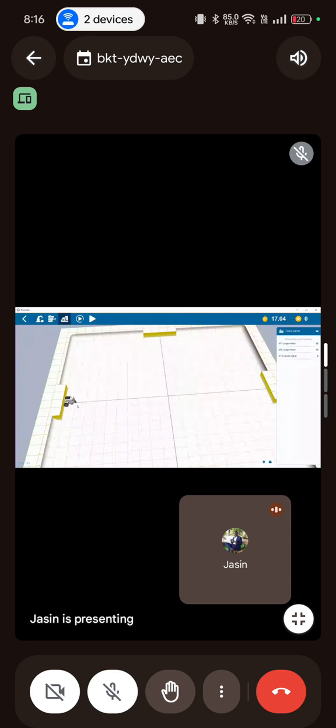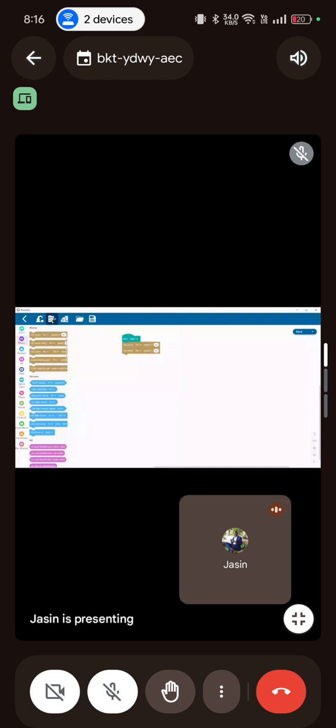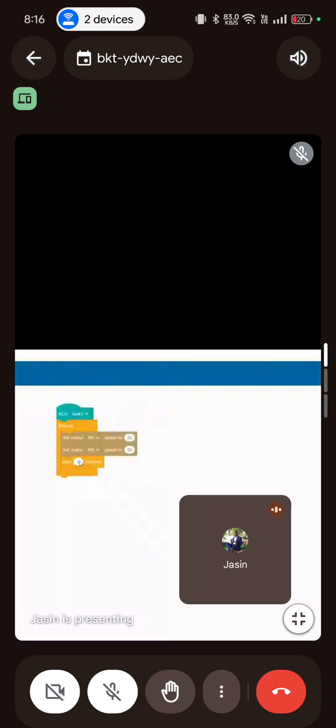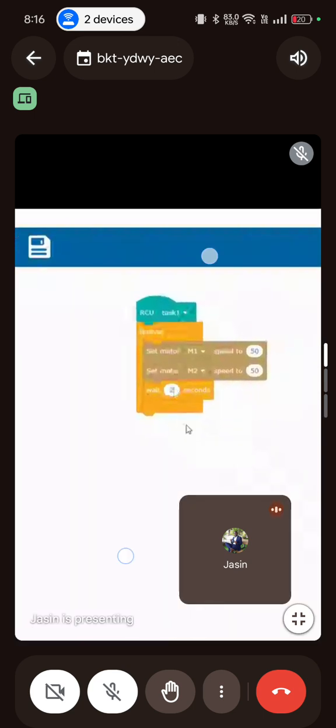I don't have any sensors on board, but we can still hard code it. So we can tell it to move forward for some time. So we go to control, and okay, move forward. Move forward for some time. So you can have this inside of forever, for example. Move forward, and then wait for maybe 1 minute. Okay, sorry, 2 seconds, and then duplicate that,